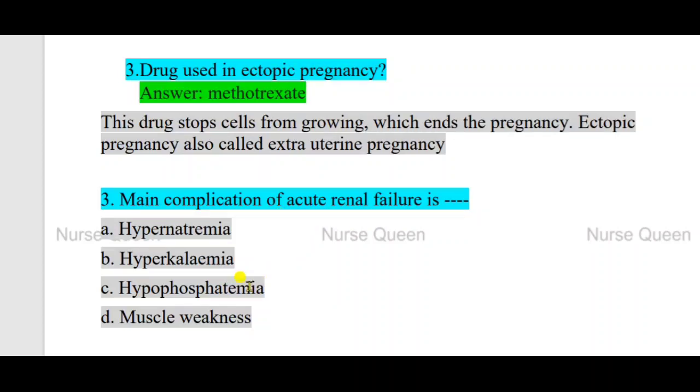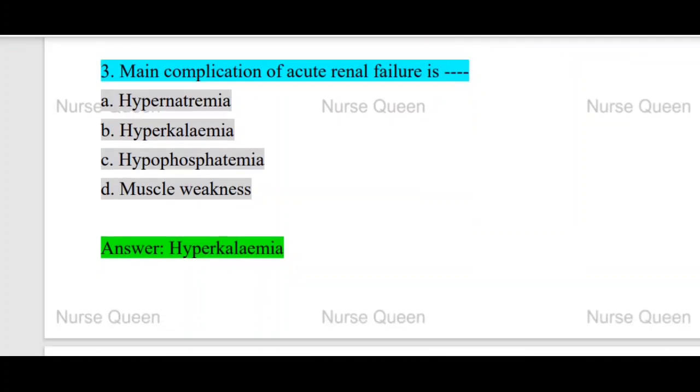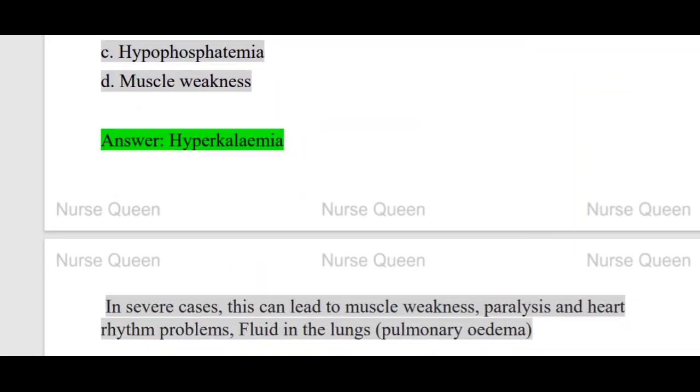Next question: the main complication of acute renal failure is, options: hypernatremia, hyperkalemia, hypophosphatemia, muscle weakness. The main complication of ARF is hyperkalemia. Hyperkalemia is the correct answer. In severe cases, this can lead to muscle weakness, paralysis and heart rhythm problems, fluid in the lungs, pulmonary